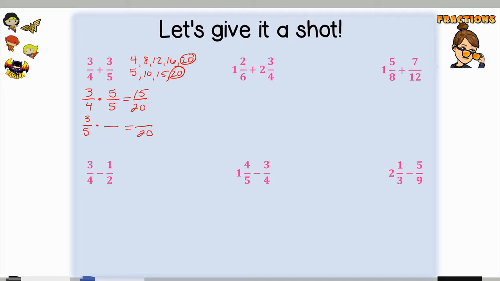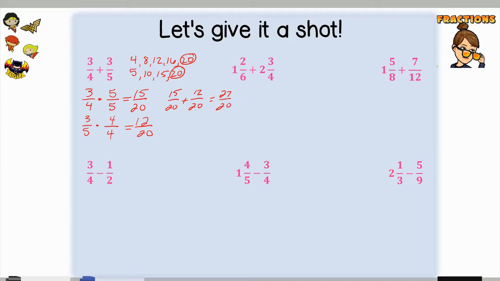To go from 5 to 20, I have to multiply by 4. So since that's what I did to my denominator, that's what I have to do to my numerator. And when I do that to my numerator, I get 12. So in this case, when I add, I get 15 twentieths plus 12 twentieths, and that's going to give me